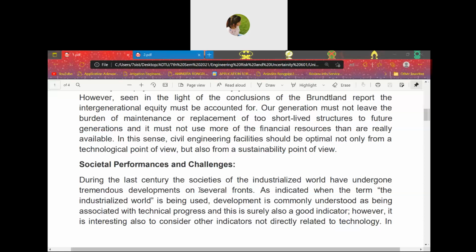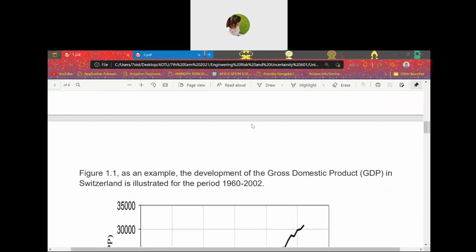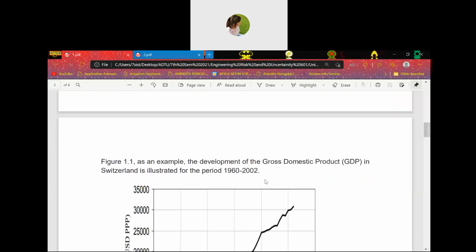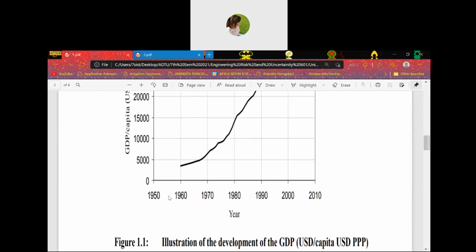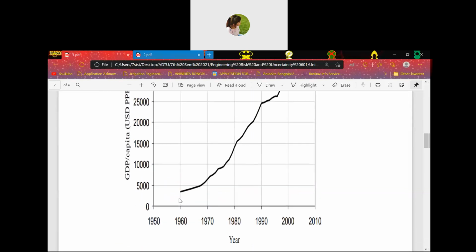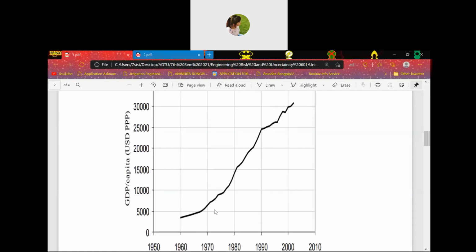The expected life at birth is generally understood as an indicator of the level of education and the efficiency of the health system, and together with the GDP, it is strongly related to the quality of life. So how can the quality of life be improved? It can be improved by the level of education we receive, the efficiency of the health systems, and it also depends on our GDP.